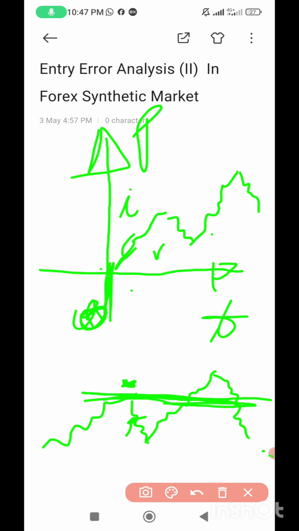How do you know all that? Now you start by following this rule of thumb: buy low and sell high, buy low and sell high. Okay, so anytime you deviate from buying low, you are having error in your entry, and anytime you deviate from selling high, you are having error in your entry. Okay,